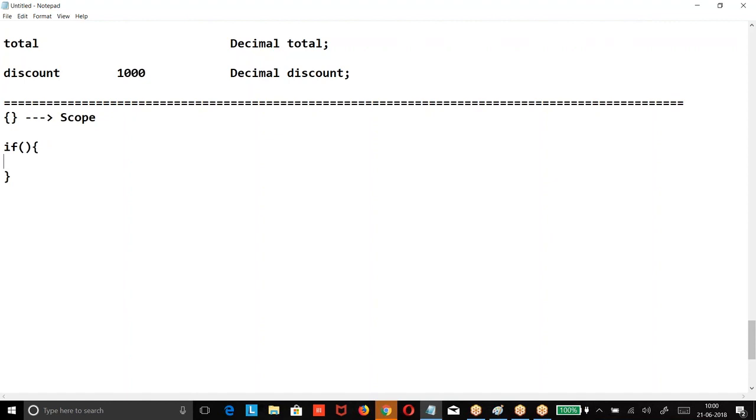What is this called? Scope of if. Whatever we wrote in the flower braces is called scope of if. I am writing here for. What was this called? Scope of for.